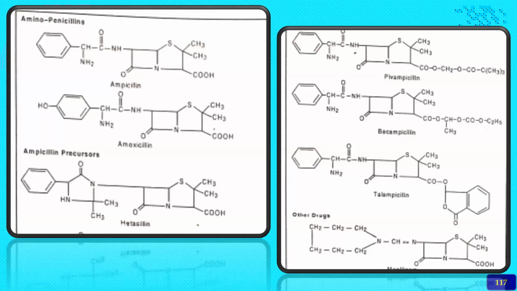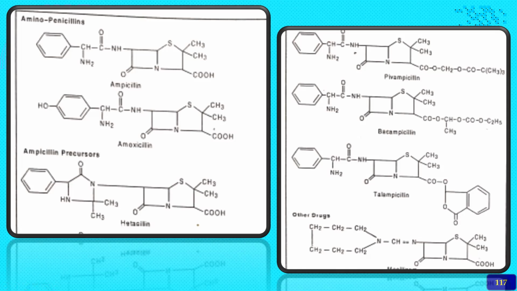This is the structure of the aminopenicillins. They are called amino because an amino group is present in this particular moiety. In amoxicillin there is a very small change compared to ampicillin, just one hydroxyl group more. That makes the difference, especially as this is an orally active drug, whereas ampicillin is not absorbed properly orally because its absorption is interfered with by food.